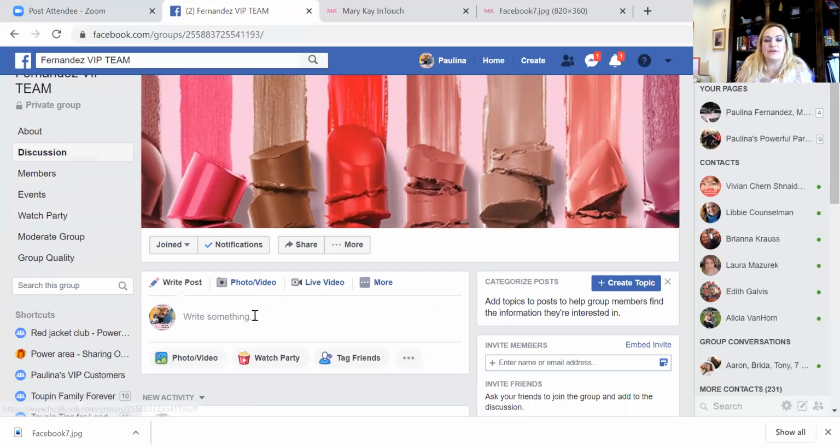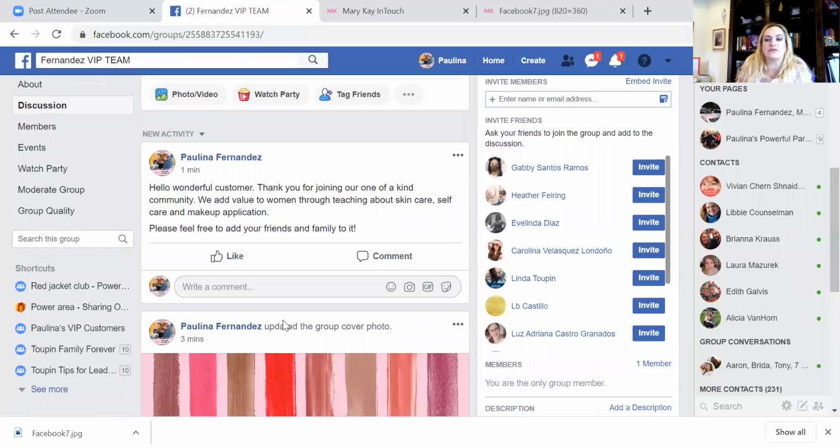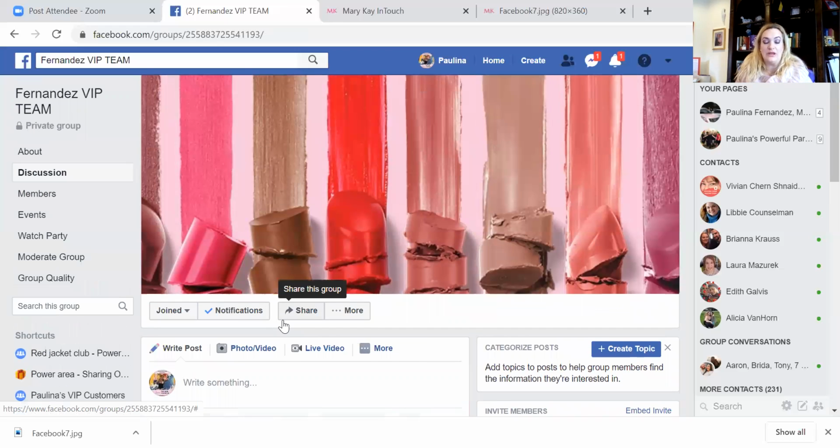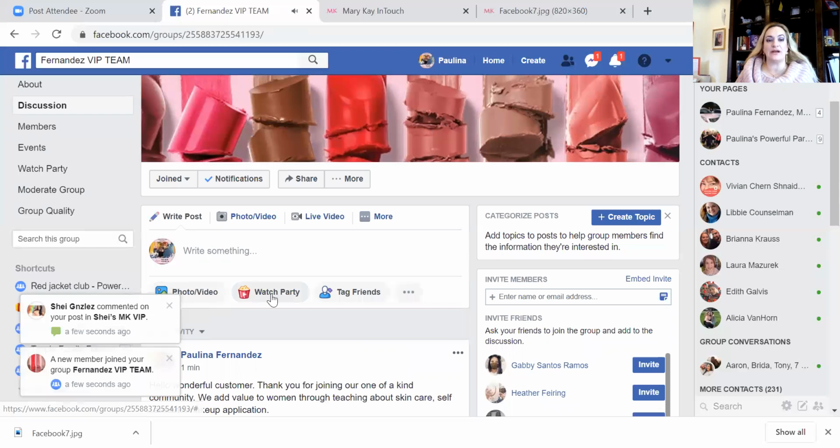And you can watch a party. You can create a group. So this is how you create your VIP group. And then with time, you're going to start putting all the information I teach you how to do. So every day, you're going to have one post, or every other day, or whatever works for you. And right here, you can also run your videos. So for example, if I'm going to run a video,